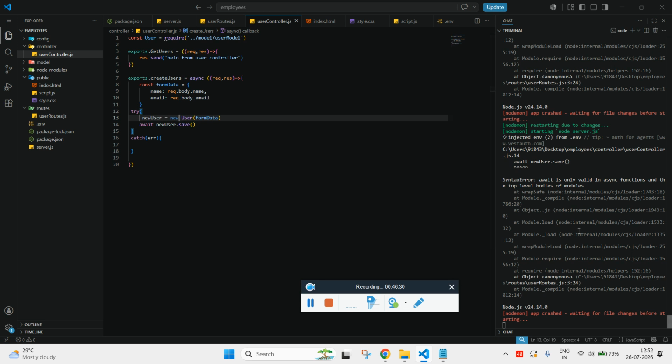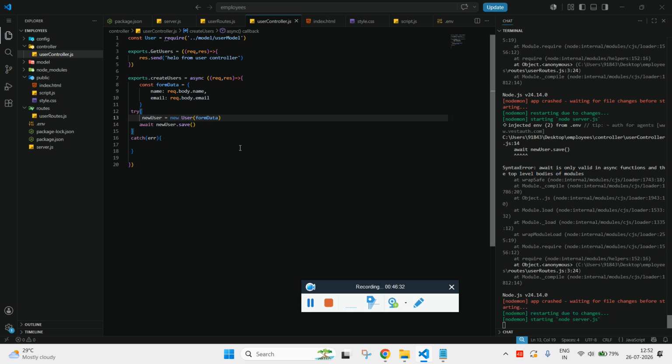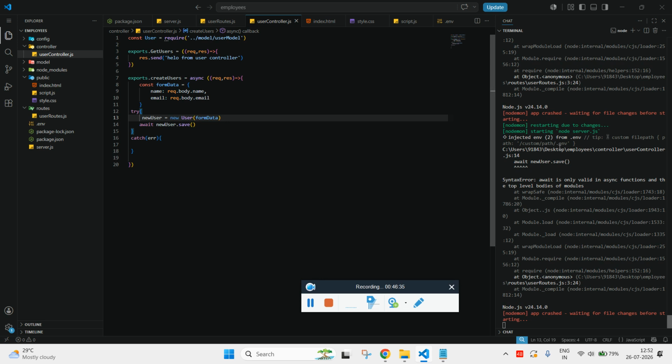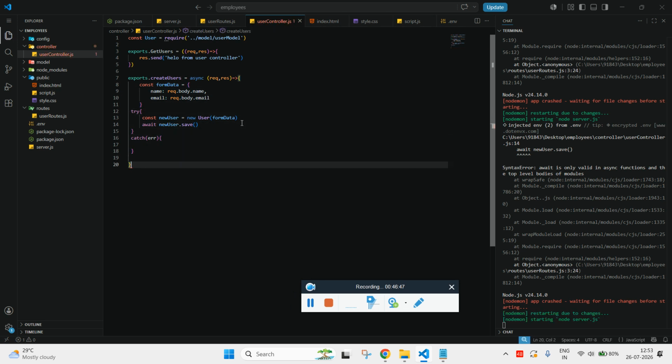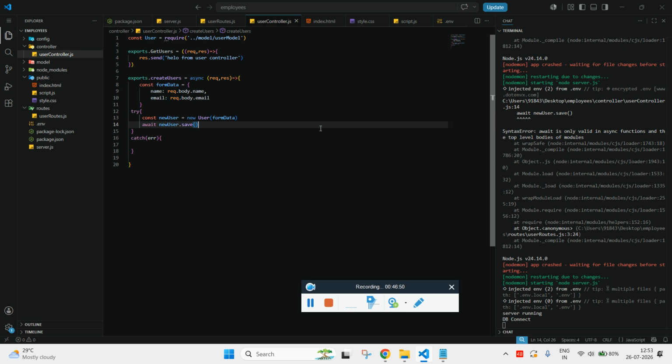And let's see again what has failed. .env await await. Okay, there is a little issue over here. You see, this is what is causing this. Cool. Now we are able to fetch the value from the URL or the request which we have sent